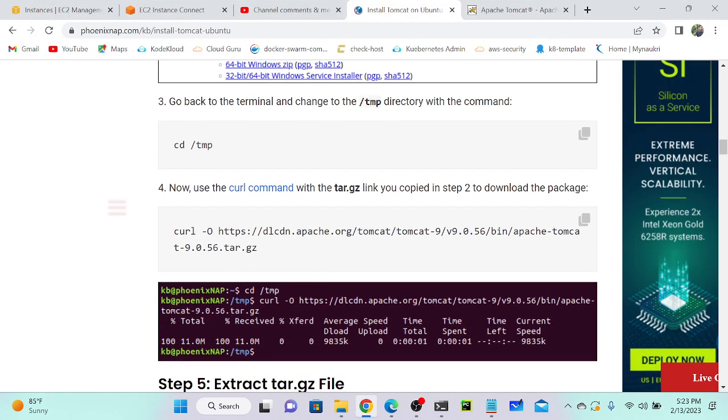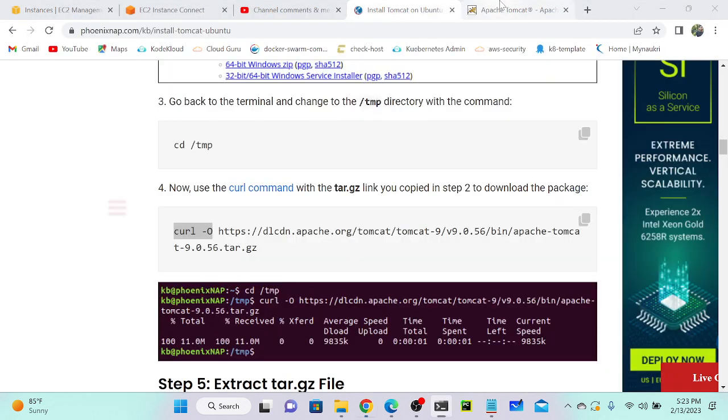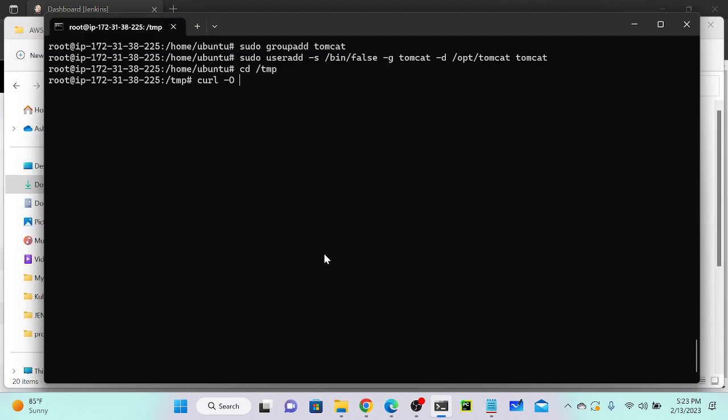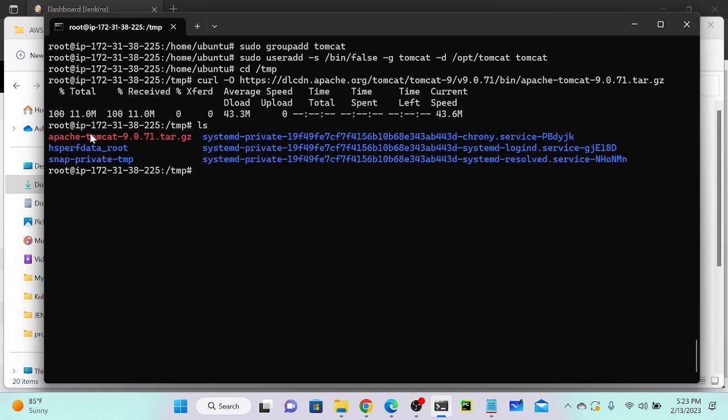Now we have to execute curl -O, then whatever link you got to install your Tomcat server, you have to paste. I copy this link, paste, and successfully I downloaded that file, and you can see it over here, right?